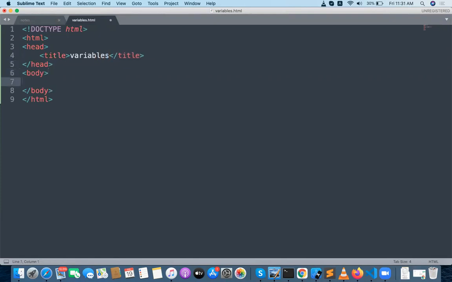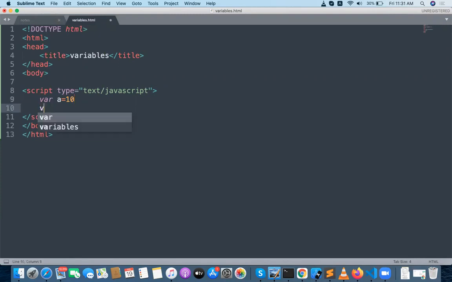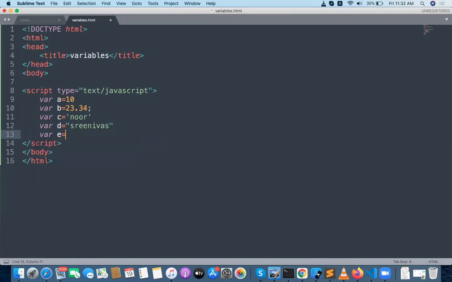So here I want to write a script. Go with the variables now: var a equal to 10, var b equal to 12.23.34 something, and var c equal to Noor, var d equal to, I want to go with double quotes now, something like Srinivas, var e, that's enough, var f equal to null value, var g equal to true.